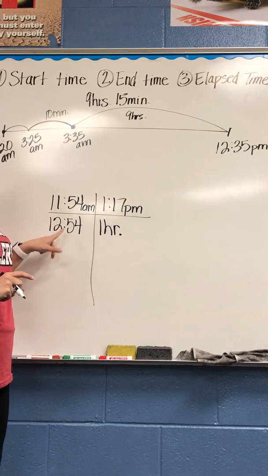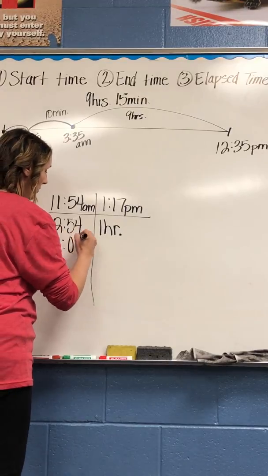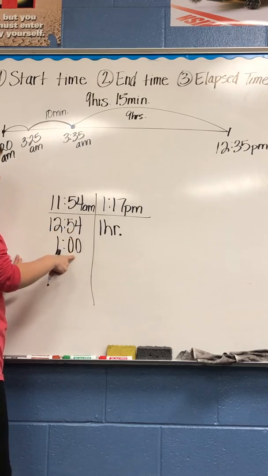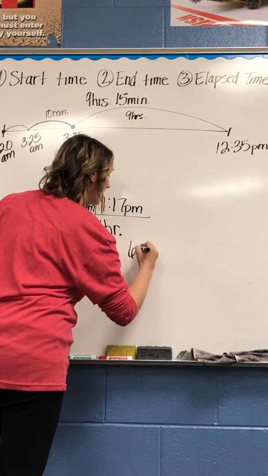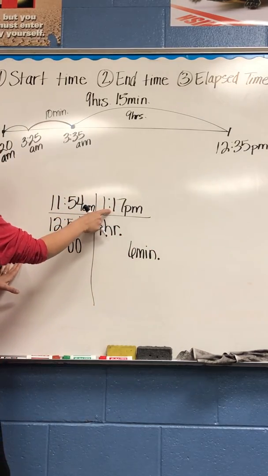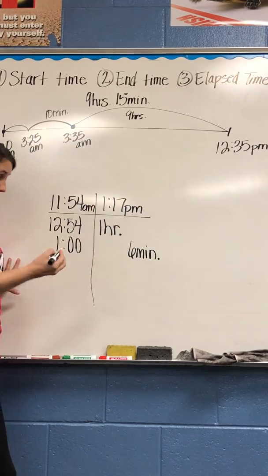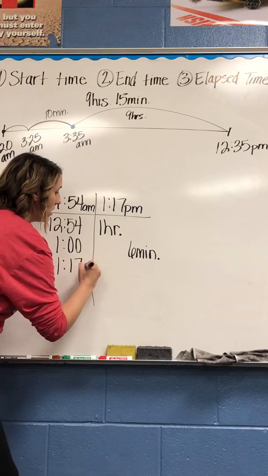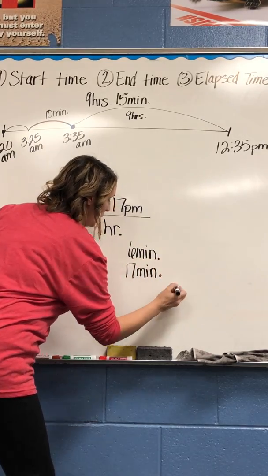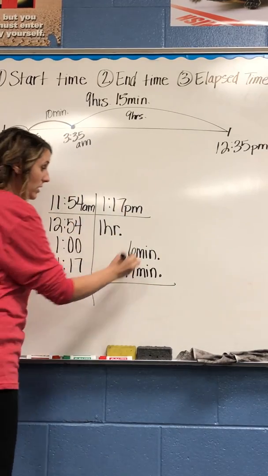So just so it's easy on my mind, I'm going to say 1 o'clock is what I want to go to next. How many minutes would it be for 1 o'clock? Yep, to go from 12:54 to 1 o'clock, that would be 6 minutes. But I'm still not to my end time yet. My end time is 1:17. So from 1 o'clock to 1:17, you got it, that is 17 minutes. So now all I have to do is add this up to figure out what my elapsed time is. So 6 minutes